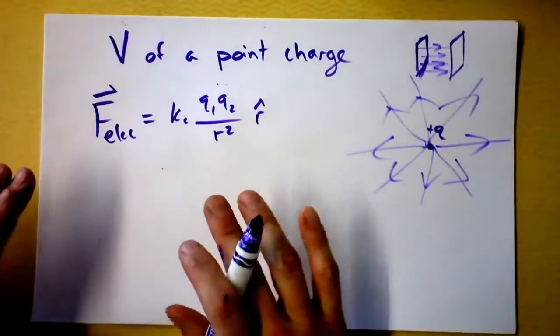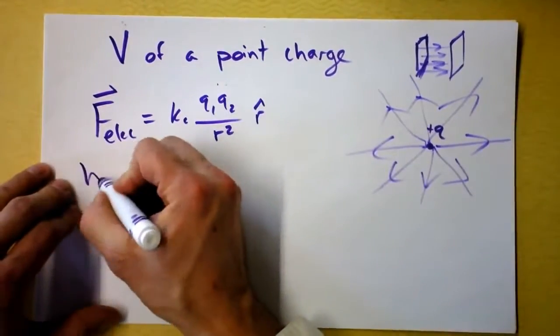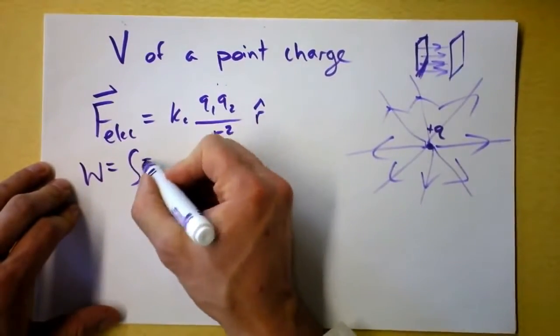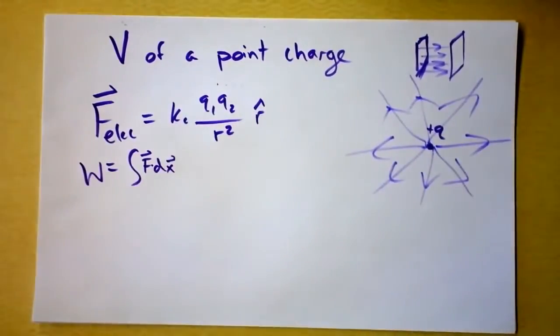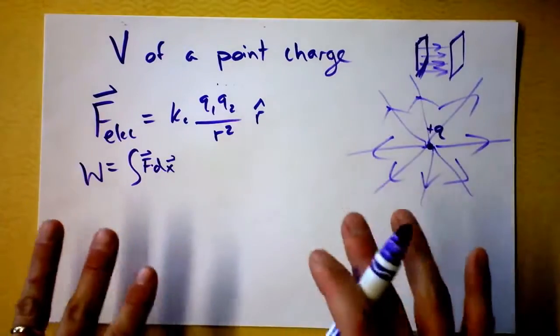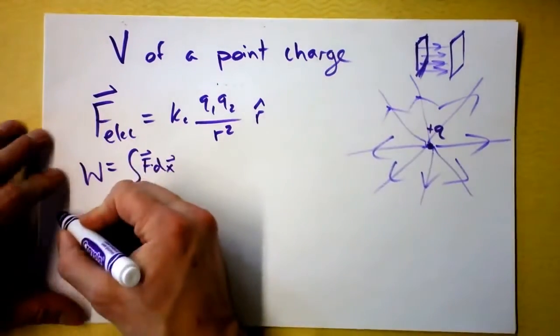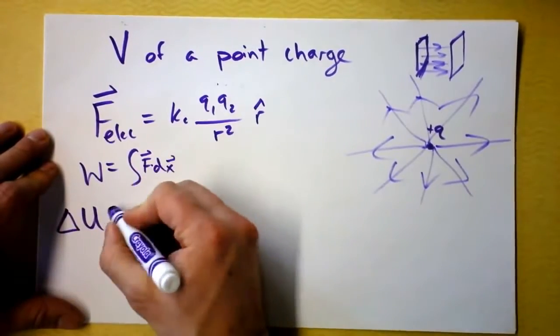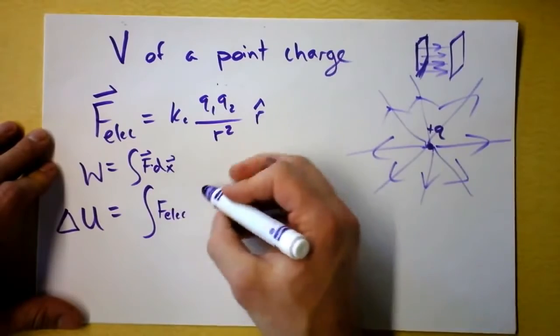Once we have the force though, we've got a force and we want to get to energy. Well, I remember that work is the integral of force over distance. There's probably a dot product in here. We've got to multiply those. So if we're talking about change in electric potential energy, then we're going to have to integrate that. And so I will write change in energy is the integral of electric force, maybe